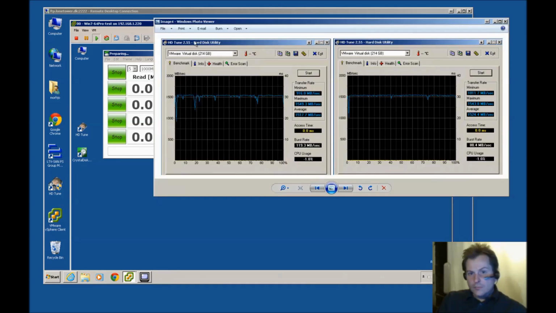In the meanwhile, I took a print screen of each of the results. The first one over here is the 500 gigabytes, and these are the 64 gigabyte solid state disks. And there's not much of a difference here. Actually, the boost rate is quite odd. It seems that it's able to do a better boost rate